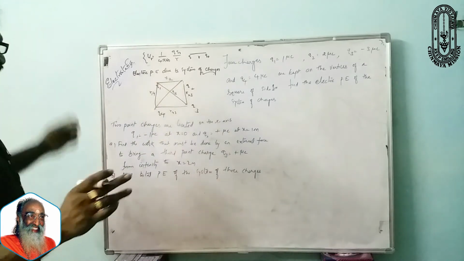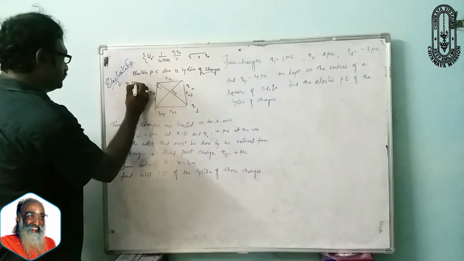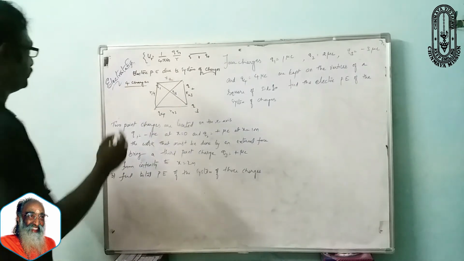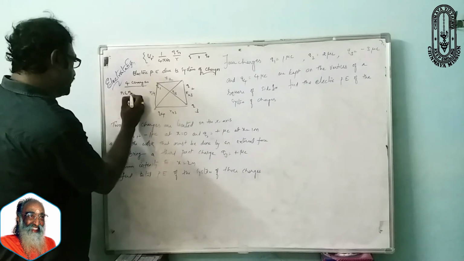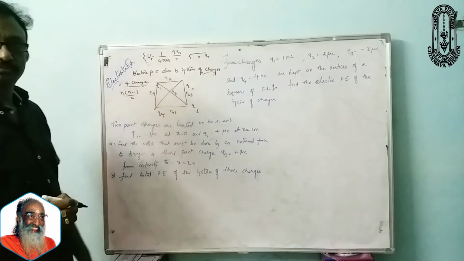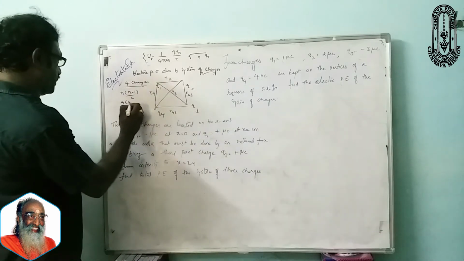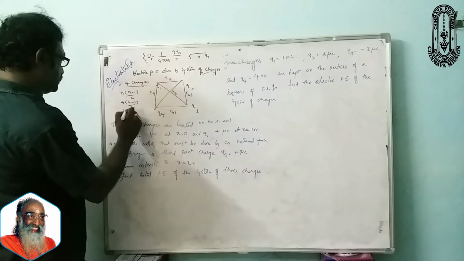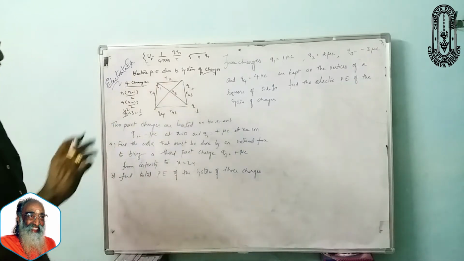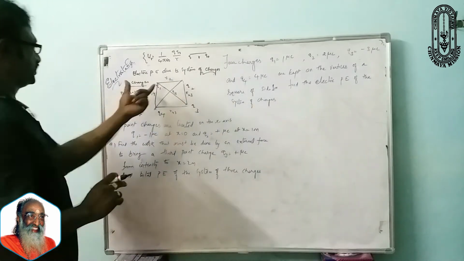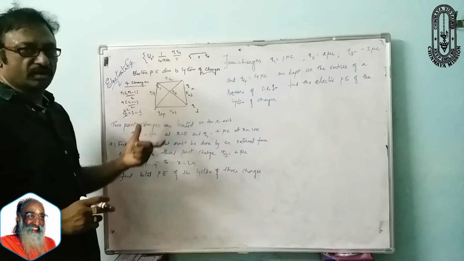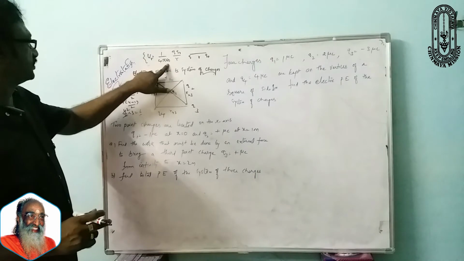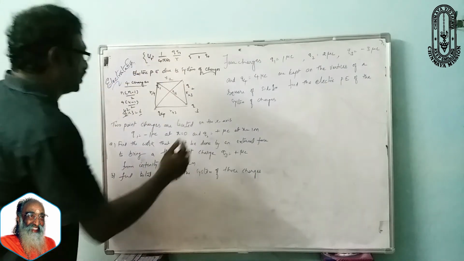So here we have four charges. How many pairs do we have to get? You can check it using a simple mathematical formula, n into n minus 1 by 2. So here, 4 into 4 minus 1 by 2, that is 4 into 3 by 2, which is 6 pairs. Let us write it down once. For each and every pair, 1 by 4 pi epsilon naught is common, because it is 1 by 4 pi epsilon naught q q naught by r.